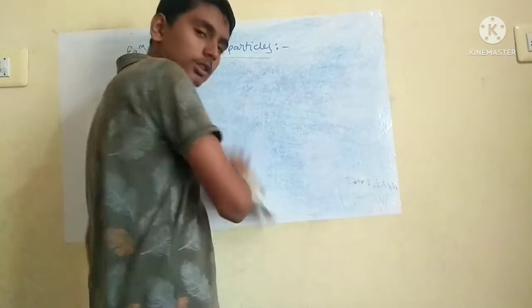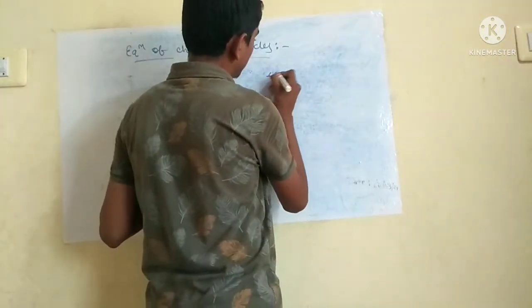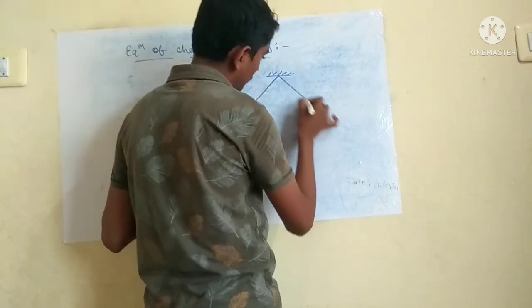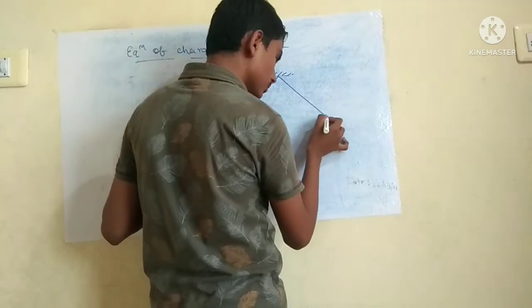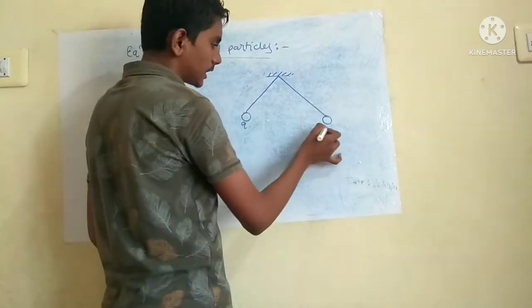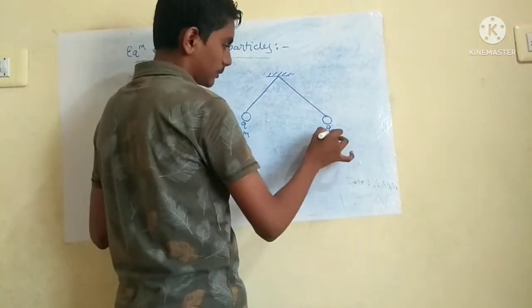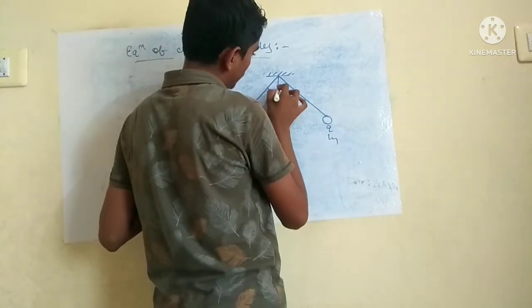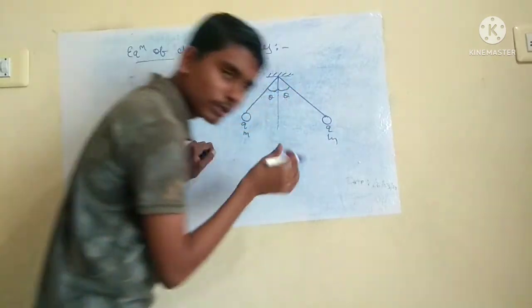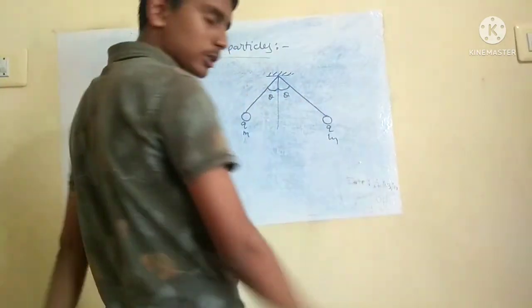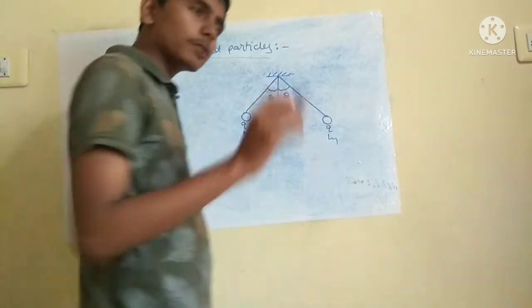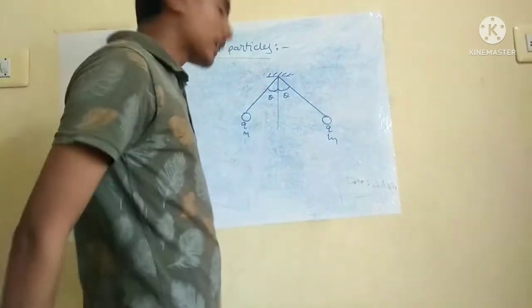I also have some doubts, let me ask them now. Okay, now I said here charges are equal, here masses are equal. So this theta will be equal because electrostatic forces are also equal. Gravitational force will also be equal. Tan theta will be the same on either side. Tan theta will be equal to electrostatic force by gravitational force.